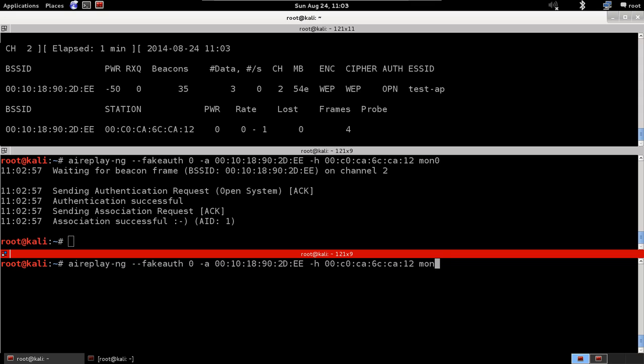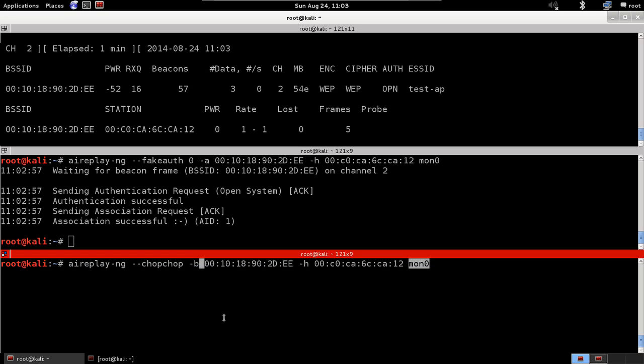So instead of fake auth, it's just going to be Chopchop. And then instead of A, we're going to have B for BSSID. So aireplay-ng, Chopchop, the MAC address of the target network, and then my own MAC address, and then the name of the Wi-Fi